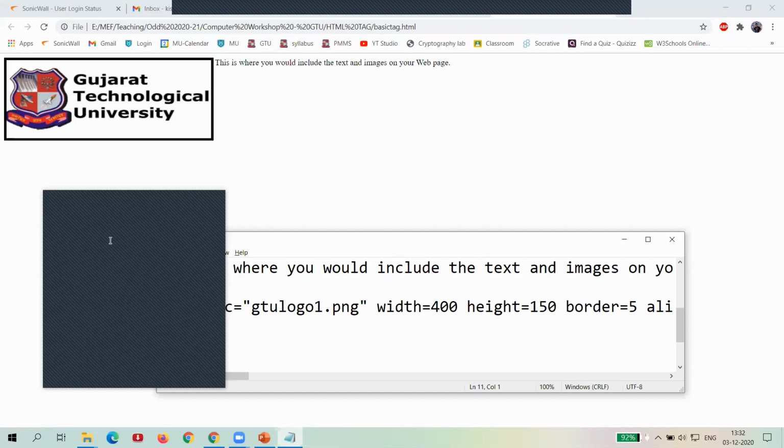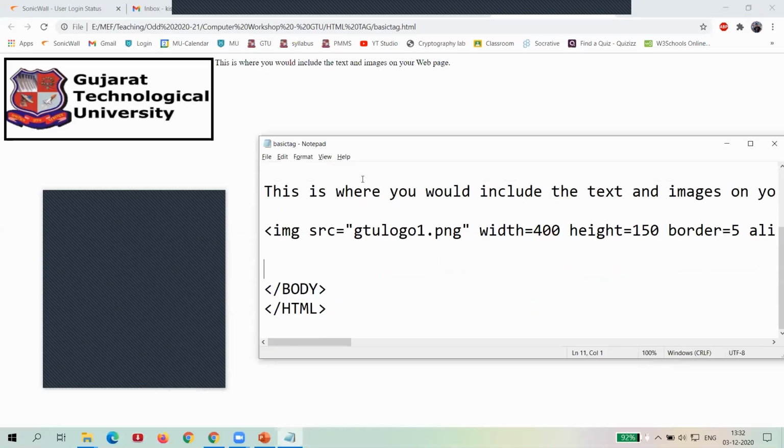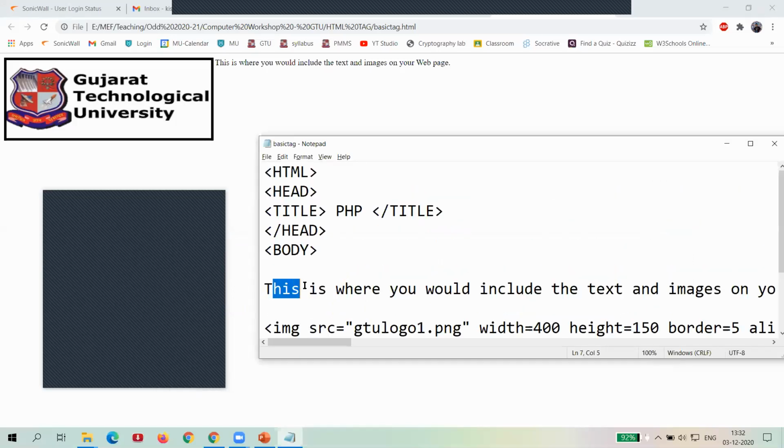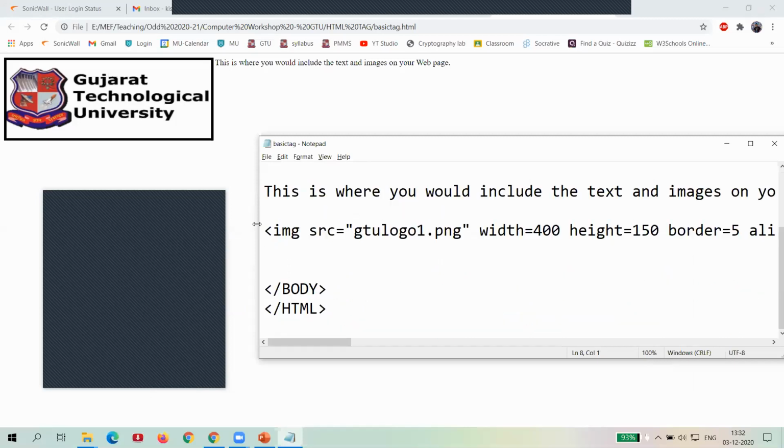And that's the question, sir: if we keep the alignment the same for both text and image, which one is based on priority? For example, after the body tag, whatever you write gives that priority. You can see that after the body I first write a text, so it gives the first priority to the text, then next to the image. So based on the sequence, it assigns the priority.